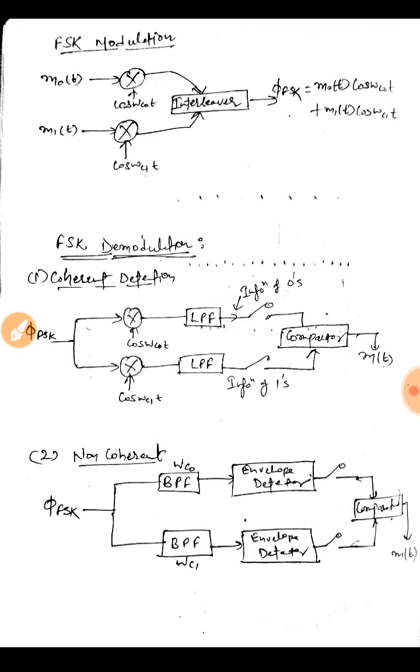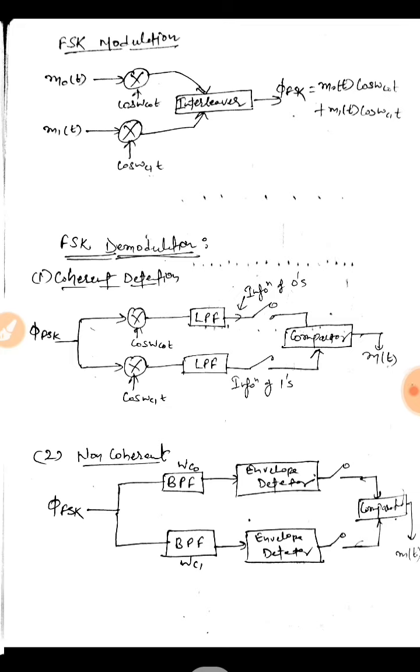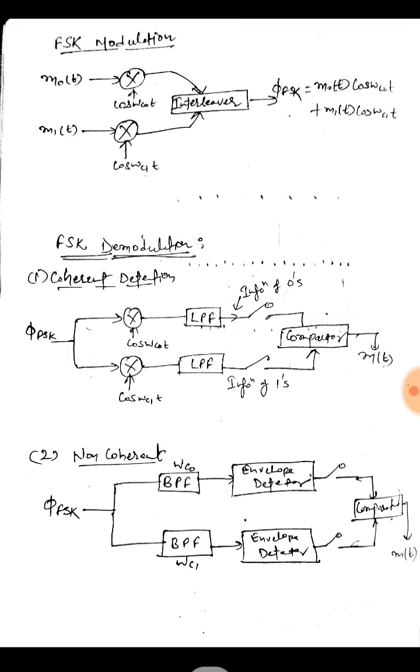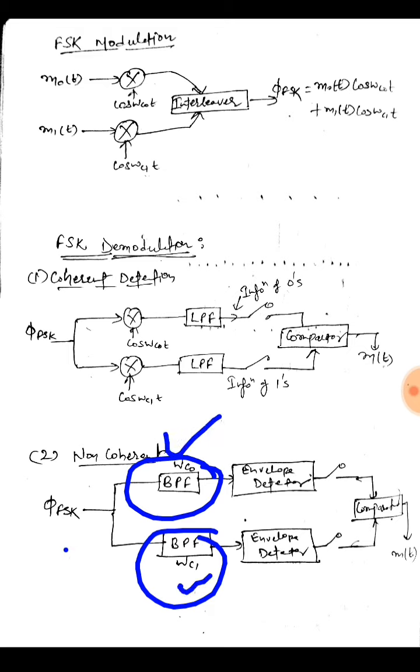Okay, so this is the FSK demodulation using coherent detection, and the second is non-coherent, in which we would not use the local oscillator. First of all we would feed the signal to band pass filters, one with the cutoff frequency omega c1, and this one has the cutoff frequency omega c0. After that they will be fed to envelope detectors, and one will produce 0 and the other 1, and the comparator would compare these bits to generate the output m(t), which is the digital form 0 1 0 1, whatever it was.